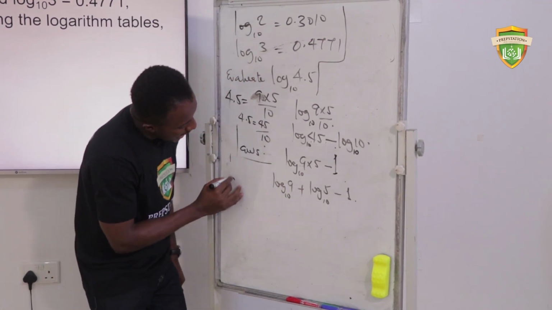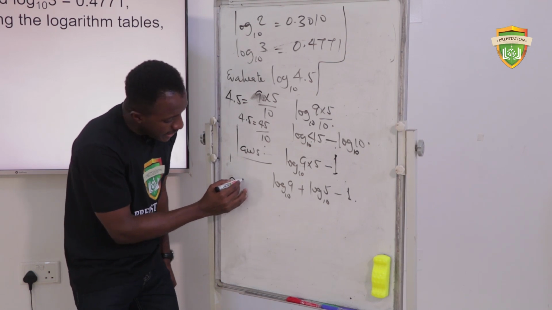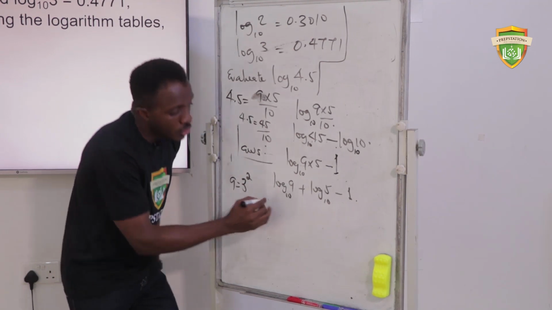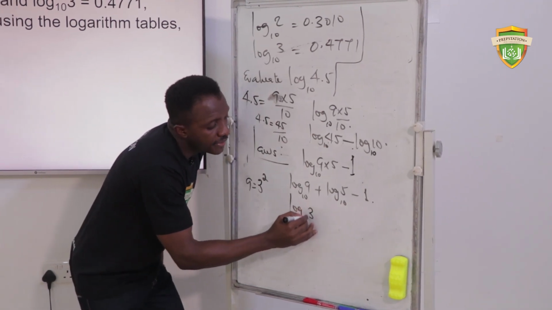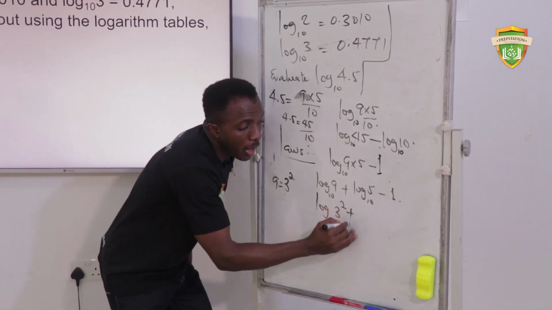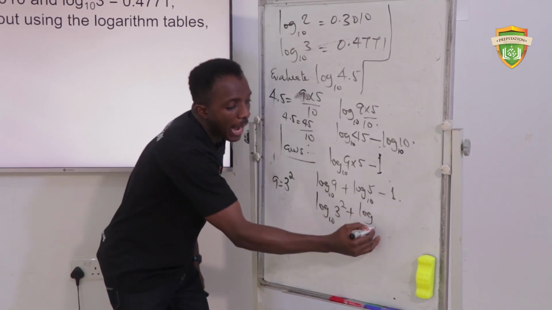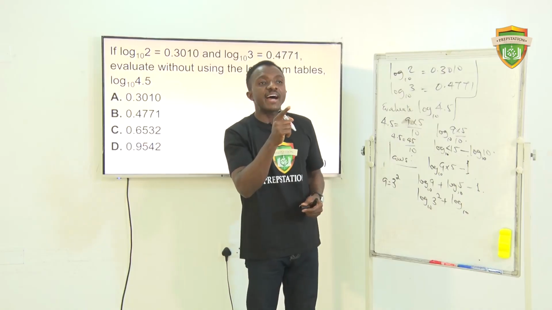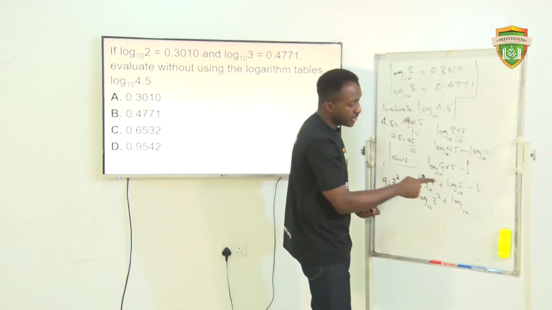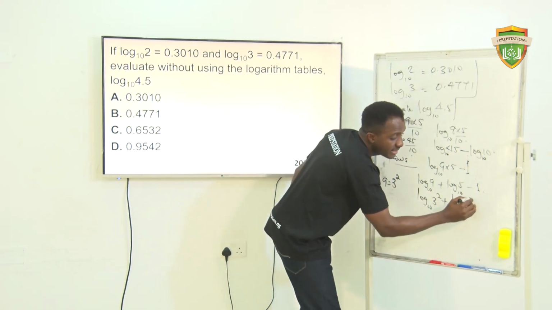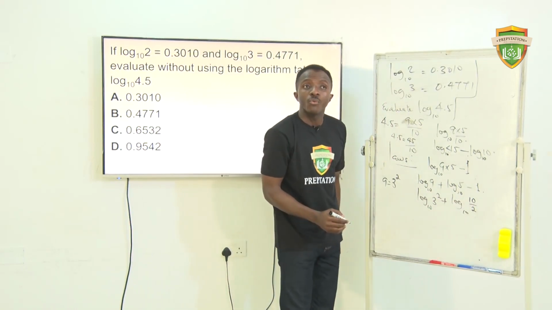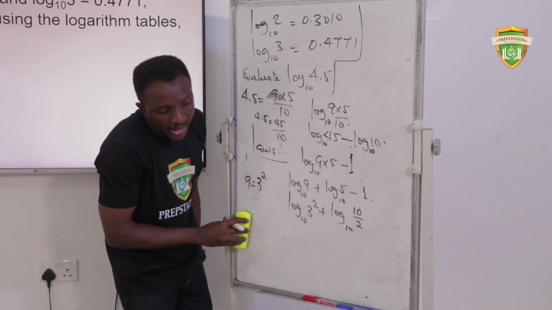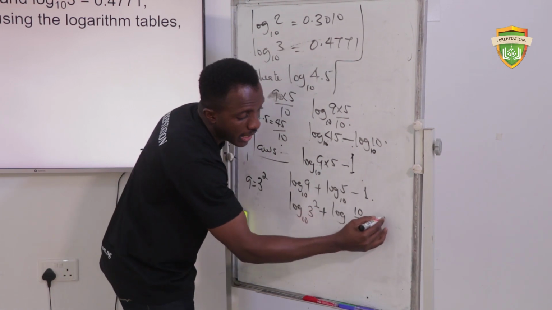Now listen, 9, if you remember, is 3 raised to the power 2. 3 squared gives you 9. So we're going to have log 3 squared to base 10 plus log, I want to do something here. Now because we don't have log 5, but remember that 5 is, can you see this? Now 5 is 10 divided by 2. I hope you can see that. 10 divided by 2. So I have replaced my 5 with 10 divided by 2, and then we have minus